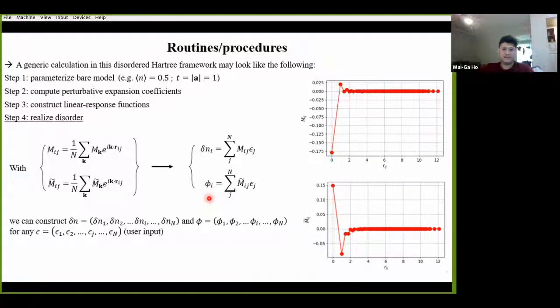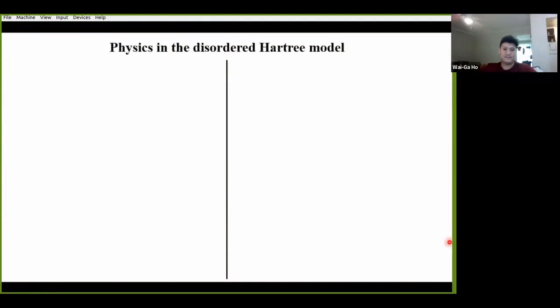All right, so this basically covers what a generic procedure might look like in this disordered Hartree framework, and shows how the different ingredients of our theory all come together to form a solution. All right. So all this has been pretty technical though. So let's now consider some simpler applications of our theory, where some of the more basic physics it contains can be made more clear. So first we'll be looking at the non-interacting limit, where we don't have to worry about the electrostatic Madelung field phi anymore, or the associated m tilde response functions.